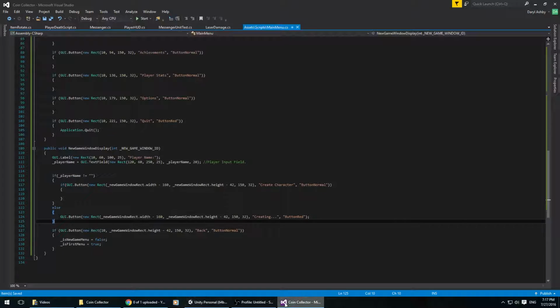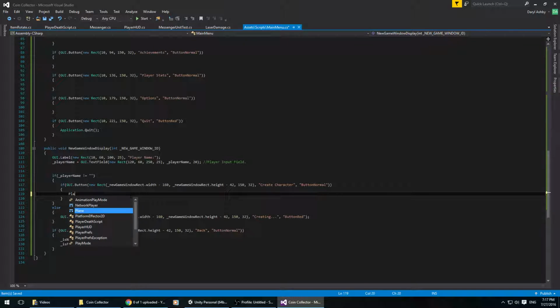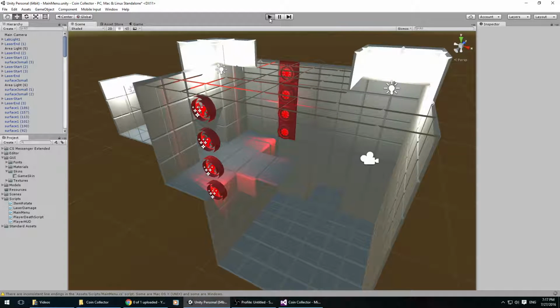So what we are going to do is in the create character, what we're going to have is PlayerPrefs.SetString, and we're going to say the key and the value. So the key is player name and the value will be underscore player name, and then we cut that off. So if I save this off and click play,